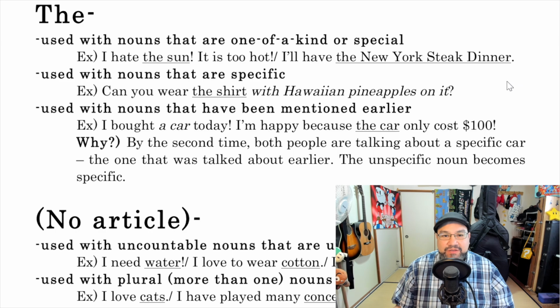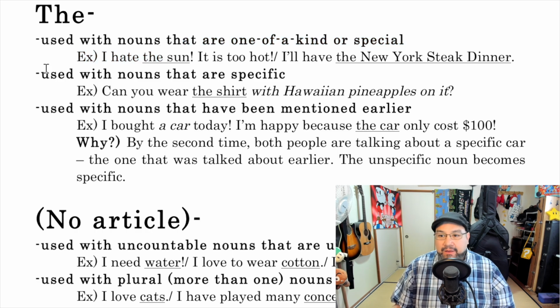Sometimes at restaurants, you'll say, I'll have the fish, the steak. We say that because kind of it's special for that restaurant, usually. Not all the time, but sometimes. So you want to visit maybe the Grand Canyon. There's only one Grand Canyon, so the Grand Canyon. So if there's only one in the world, it is the, like the sun. Well, the sun's not in the world.